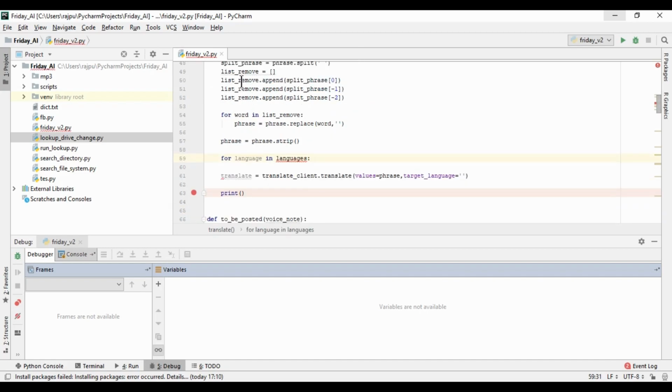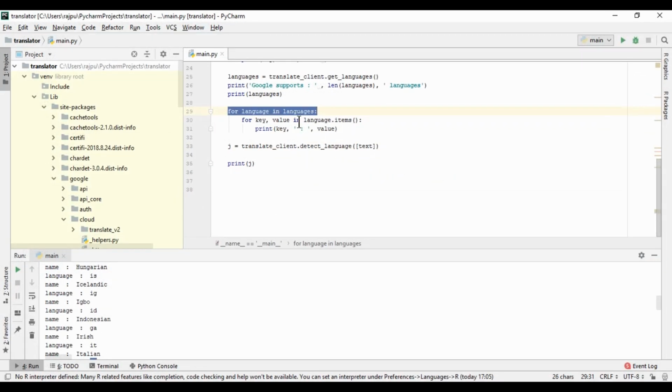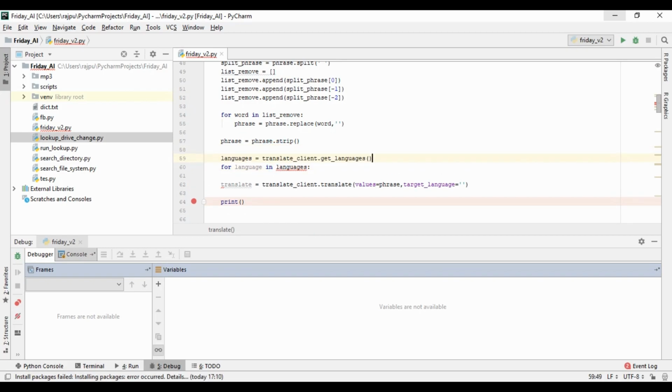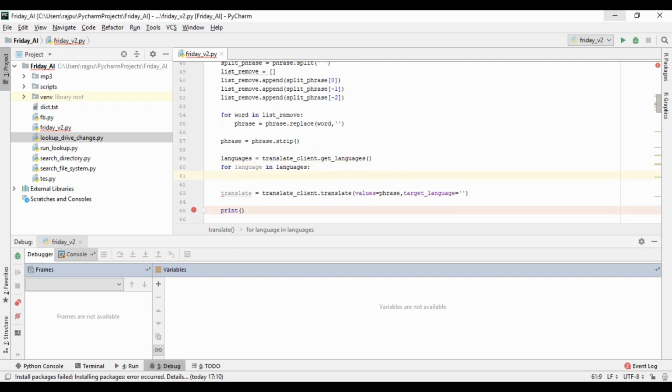So for this, first we need to have the languages. From here we can get the languages and their codes. I'm going to copy it and paste it here. So yes, we got it. Now every time we will have one dictionary in language. Now, if the list remove